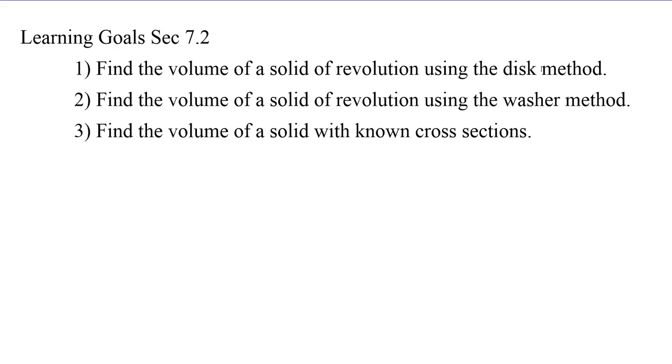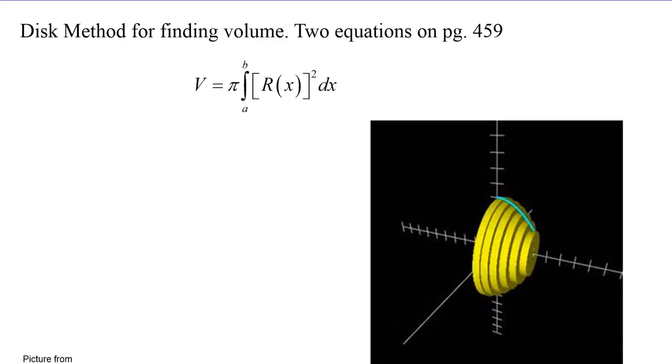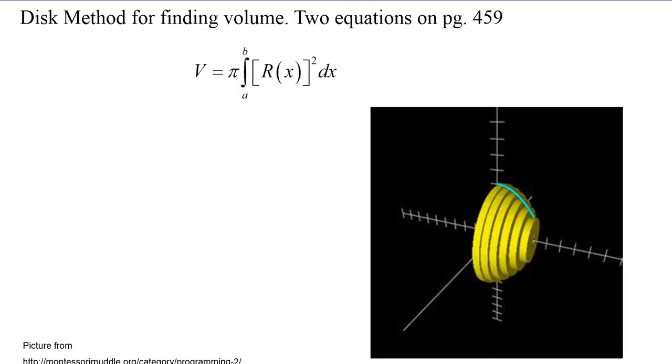So what does it mean when we're talking about a revolution of disk method? Well, it's hard to draw a picture of it, so I kind of grabbed one off the internet. So basically, when we find the area under the curve, we're finding the area of an infinite number of small little rectangles. Now, if we revolve that rectangle about the x-axis, we then get what's basically going to look like a disk. So when you say I want to find a volume of revolution, if I have a defined function, I can use an integral along with the area or the volume